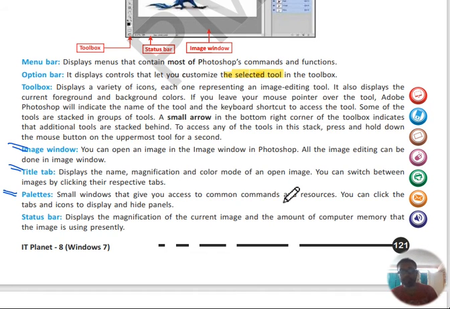And what does the status bar display? It normally contains the most important thing, the magnifying tool, which will help you to zoom and do the editing of the current image. Please go through this nicely, and I am also sharing a YouTube video by the help of which you can understand the first part very nicely.